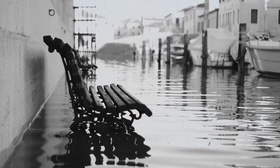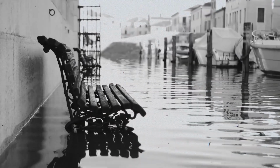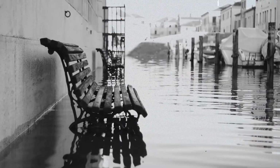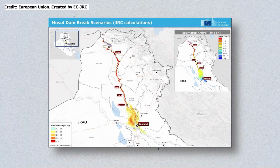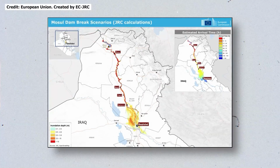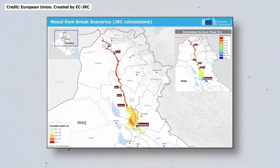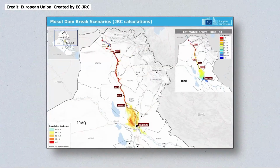With the better part of a city consumed in the wave, with rubble and shrapnel now thundering across the landscape as well as water, the wave would only continue. Downstream are a number of towns that would likely be nearly or totally wiped out. Hammam al-Alil, population 25,000, Tikrit, pre-war population 160,000, and Samarra, pre-war population 350,000, along with numerous smaller villages and other